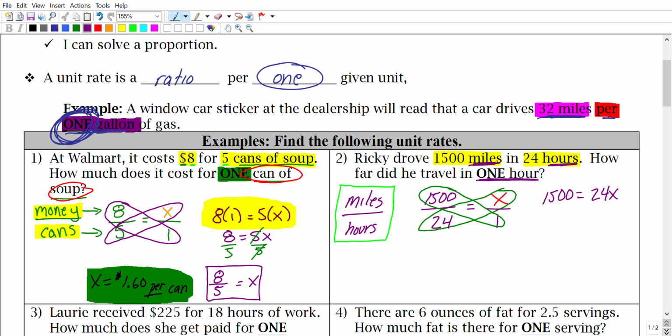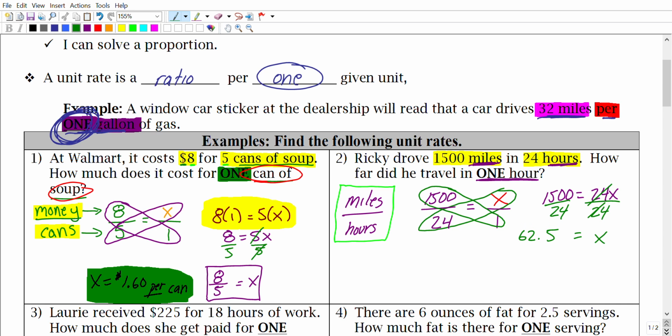All right, so let's go ahead and divide that out. Let's see. I want to get the x by itself, so I'm going to divide by 24. I'm left with x equals 1,500 over 24. But again, we want to know how many miles. We're not going to say 1,500 over 24 miles. So let's actually divide it out in our calculator. So if we do that, let's check it out. So we get 1,500 divided by 24. That's